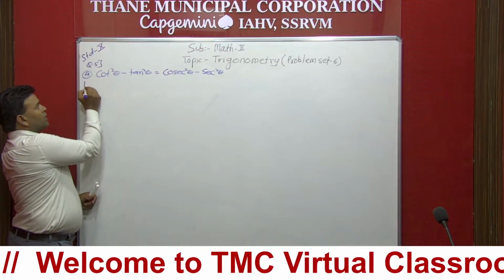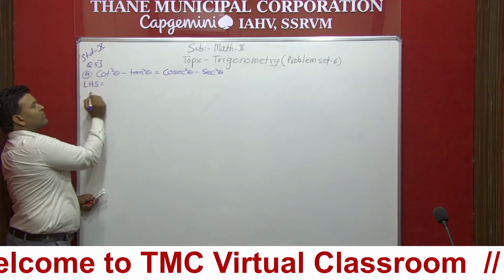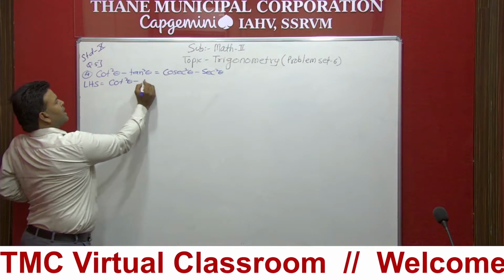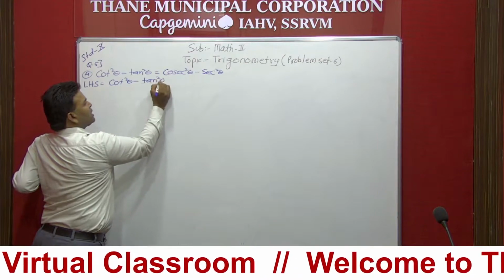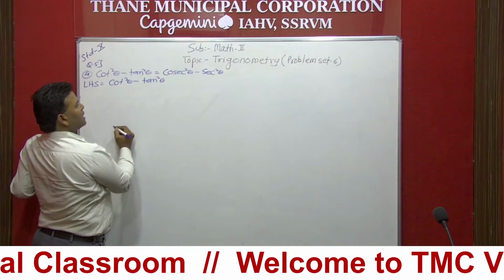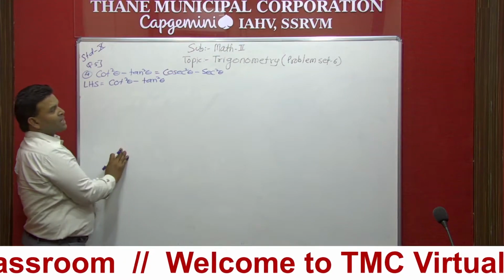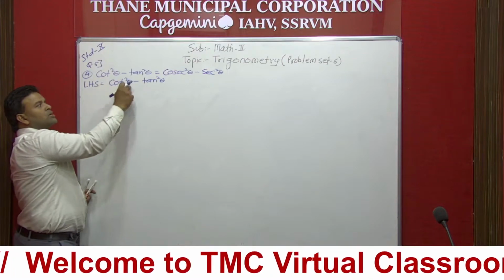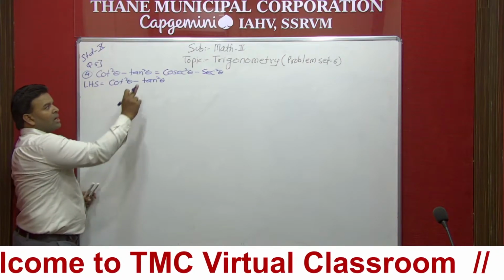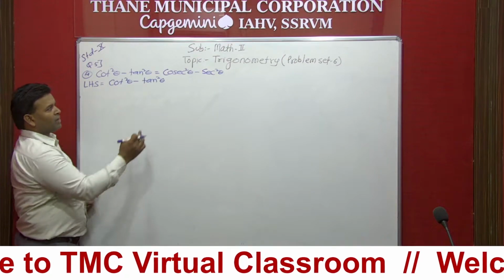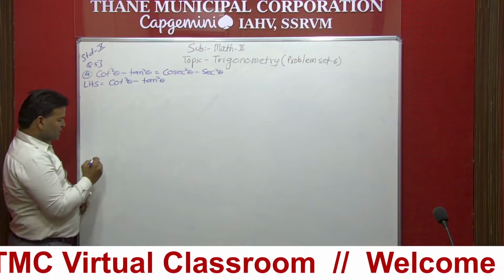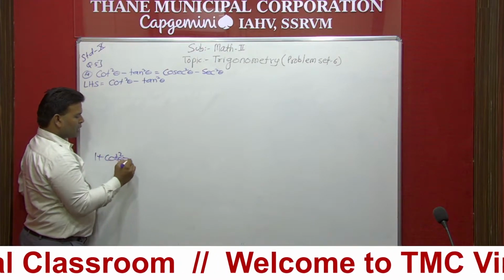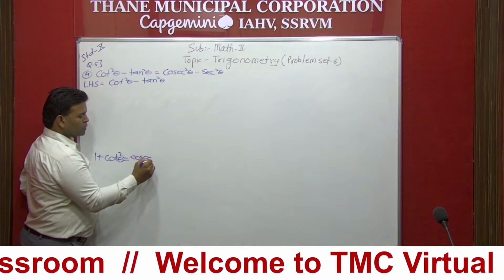Okay, now here in the beginning of the question, first I will start with the left hand side. The left hand side is cot square theta minus tan square theta. This is our left hand side, and we are supposed to find out cosec square theta minus sec square theta. Now as we all know, with cot square theta we have one identity, and related to tan square theta, once again we have one identity. So the identity is, just pay attention here, 1 plus cot square theta is equal to cosec square theta.